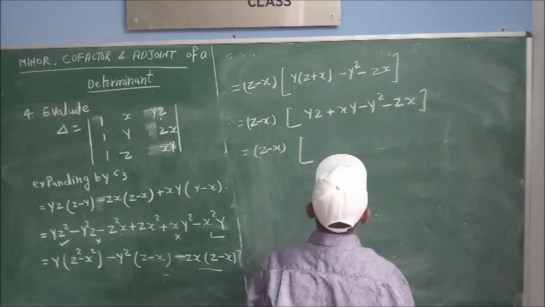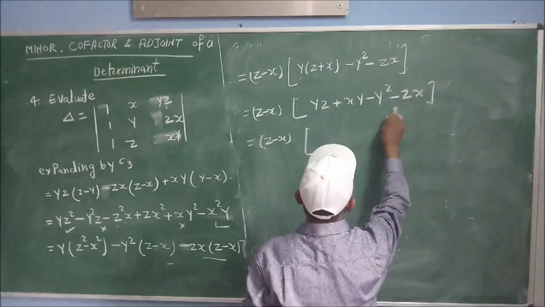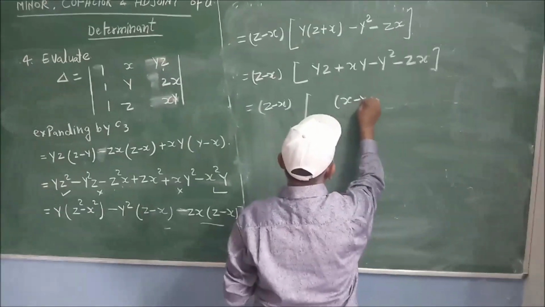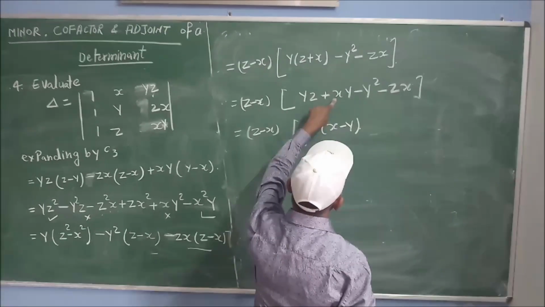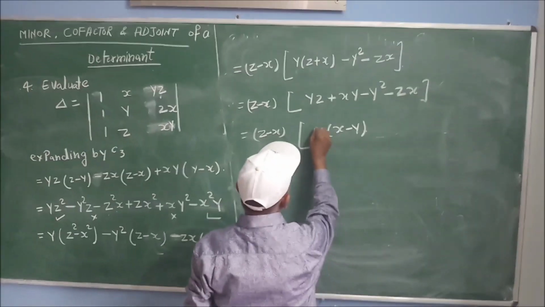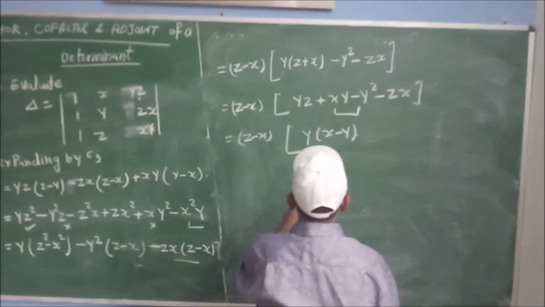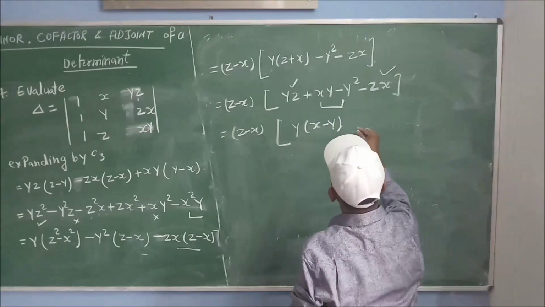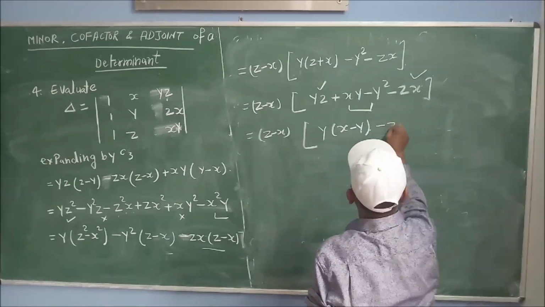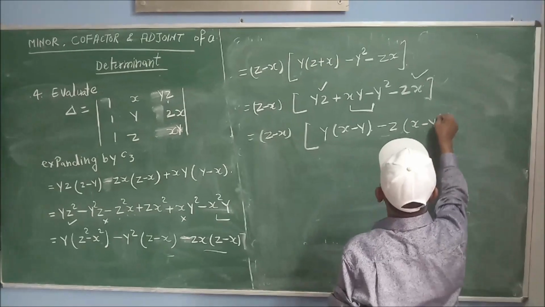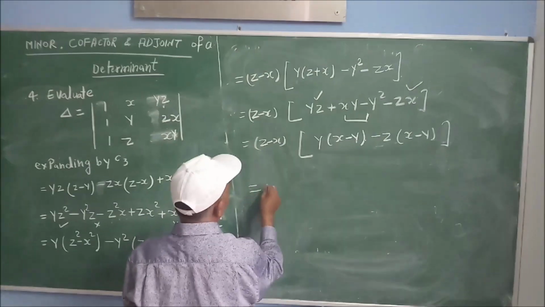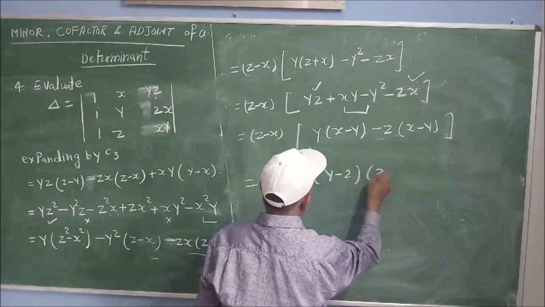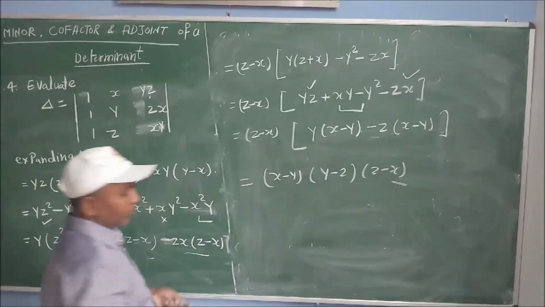So if we take x minus y as common, x is positive and y is negative here. If you take y as common between these two elements, this can be written as y into x minus y, and for the remaining elements, if you take minus z as common, this will again be x minus y. So your answer will be x minus y, y minus z and z minus x. So this is the solution of the question.